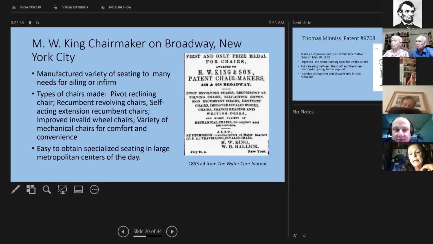As you see, he had in 1853 an ad in the Water Cure Journal, and it was easy to obtain specialized seating in large metropolitan centers of the day.